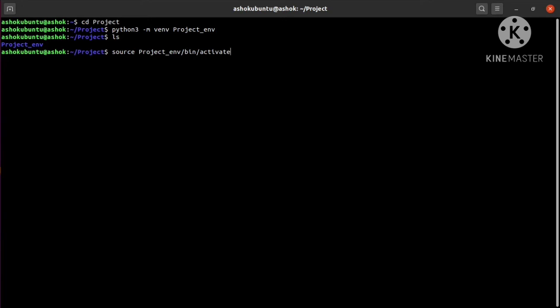Whenever you do a pip installation for this project, you need to activate this first, and the environment name will appear in the prompt. Now when you activate this environment, you can just put pip install itself. No need to put pip3 install or sudo pip3 install. Pip install will directly install the package, any package name you can give.